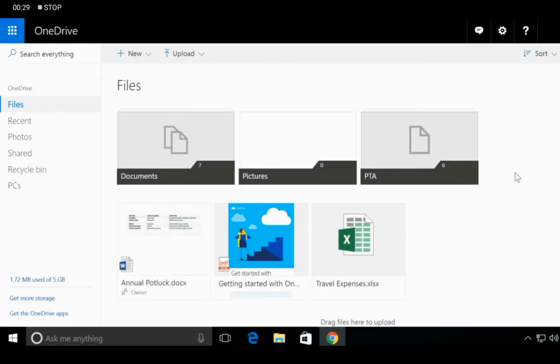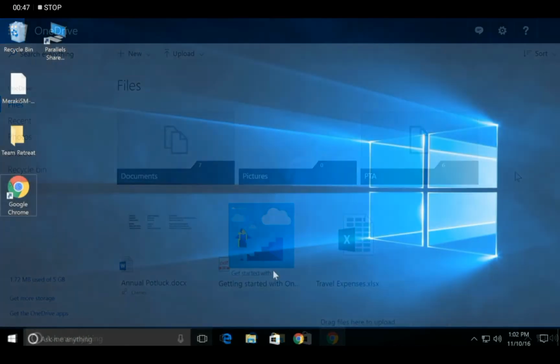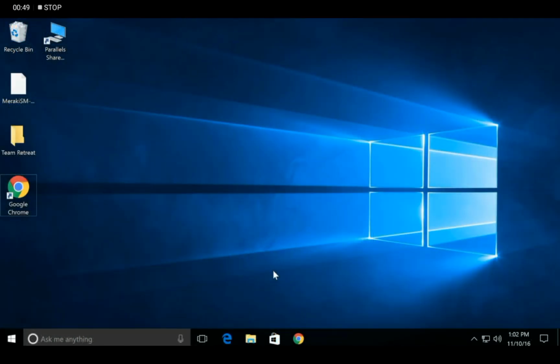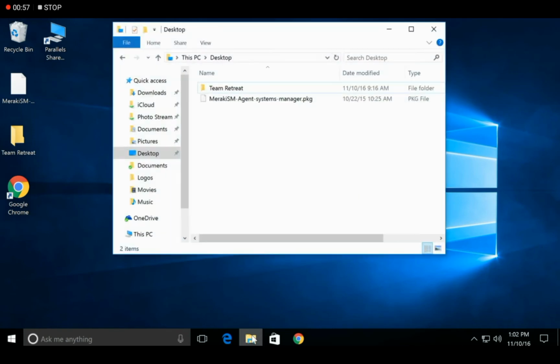So now we will learn how to upload any file in OneDrive. As we know, OneDrive is a cloud storage just like our Google Drive. So today we will upload some files in OneDrive just like we uploaded in Google Drive. To upload a file, there are different methods which you can use. So now I am going to use a simple method.